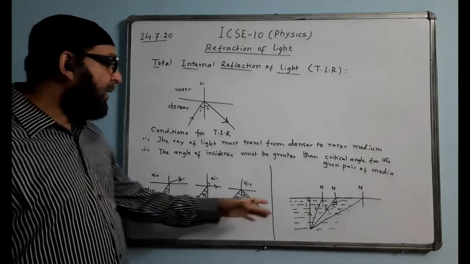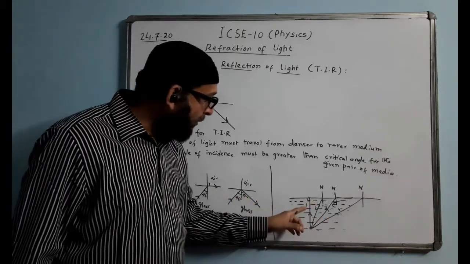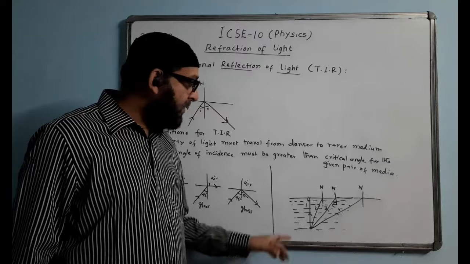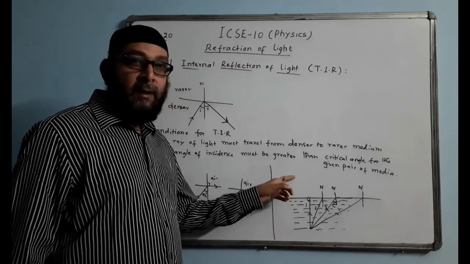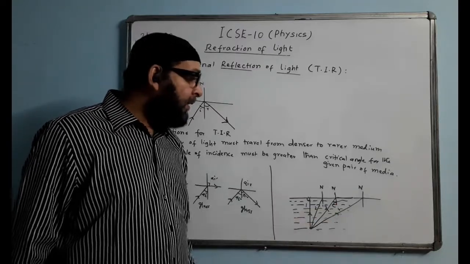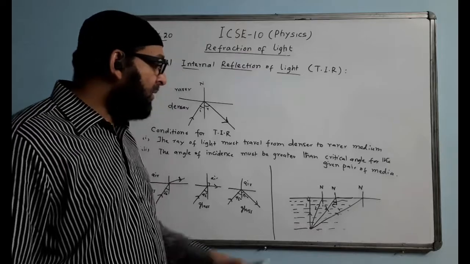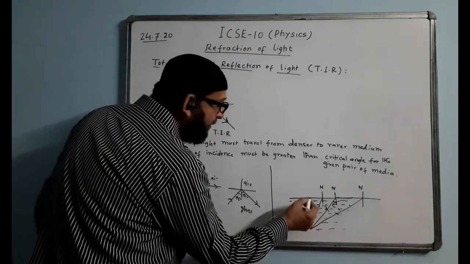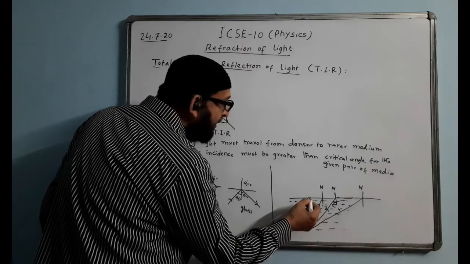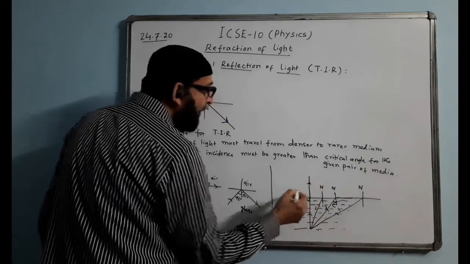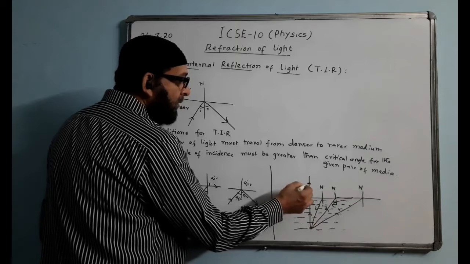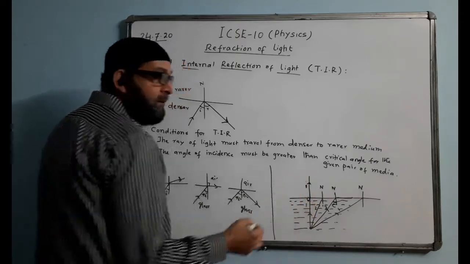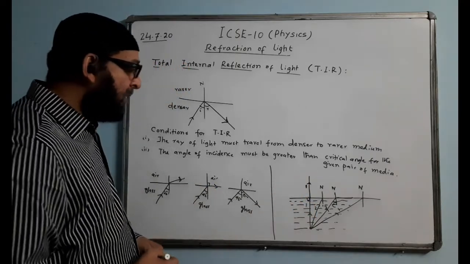Now here is the diagram to complete. They have shown a 1, 2, 3, 4 diagram. This is water, this is air given. And they are asking to copy and complete the diagram. So this is the question, now how do we find the answer for it? First case, we'll check, the ray is making a 90 degree angle, so this will go straight without bending. This is the ray for ray number 1. The ray is emerging out like this.